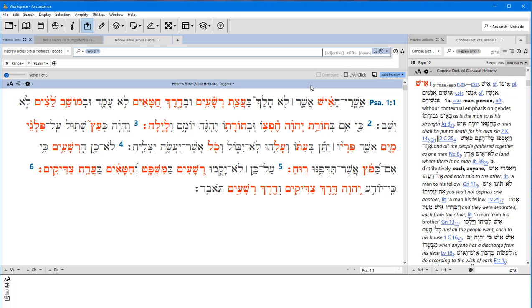And I'm assuming that there might be some cases where there's adjectives. I think for the most part in this psalm we're going to find nouns in construct. I don't think we're going to find any adjectives in construct. They'll all be in absolute state. But remember that for a construct package,